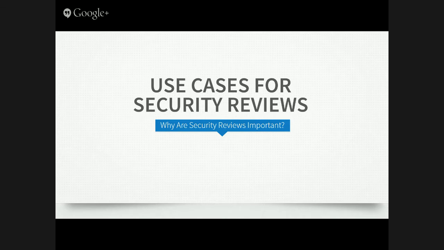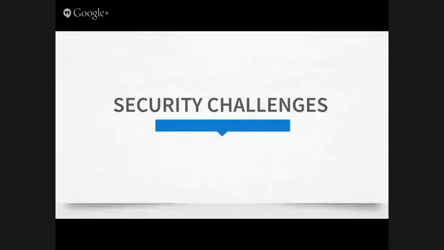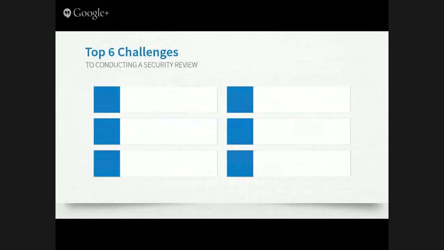So let's talk about some of the security challenges that are associated with this type of thing. When you are going out to do a security review, there are 6 core challenges that most people have. And the first one is knowledge. What do I even do? Where do I start? And is this particular line item or this configuration item important for me to even look